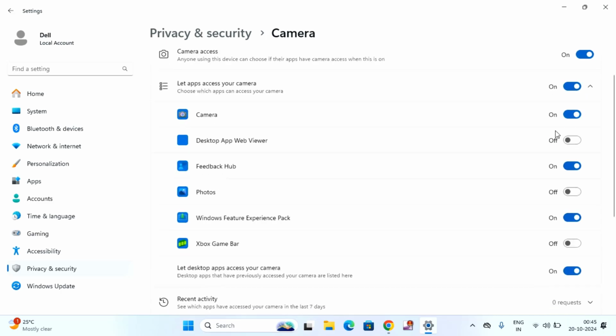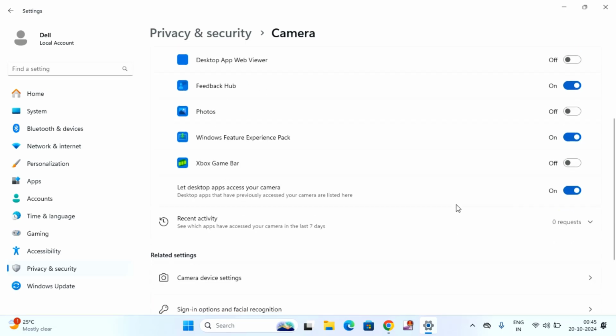After that, you can see for which software your webcam is not working. Suppose if you are using Zoom and your webcam is not working, then check the Zoom app in this list, just toggle it on. After that, just close this window,